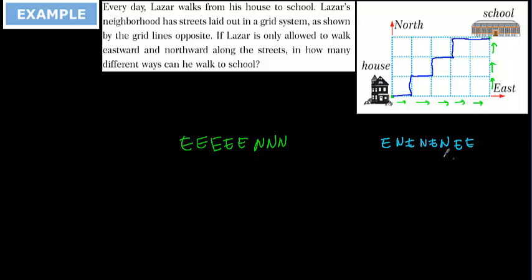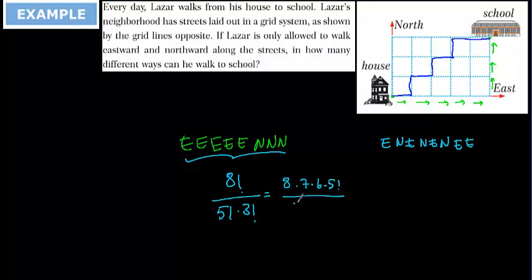As you see, this is one type of arrangement of the 5 E's and 3 N's in this grid. And we can use 8 factorial over 5 factorial times 3 factorial different ways, which is equal to 8 times 7 times 6 times 5 factorial over 5 factorial times 3 times 2 times 1. Here 3 and 6 give 2, 2 and 2 equal 1, and it's going to be equal to 56. Okay, then